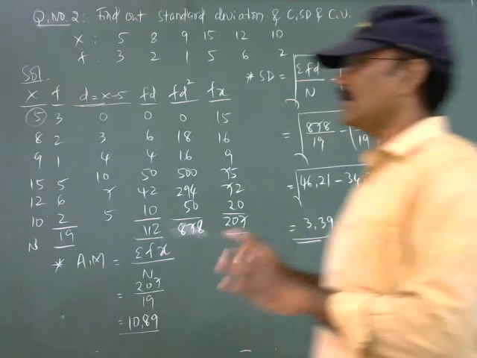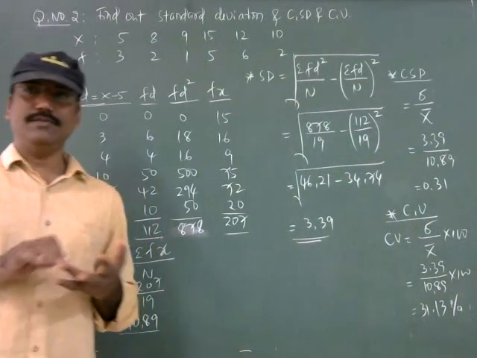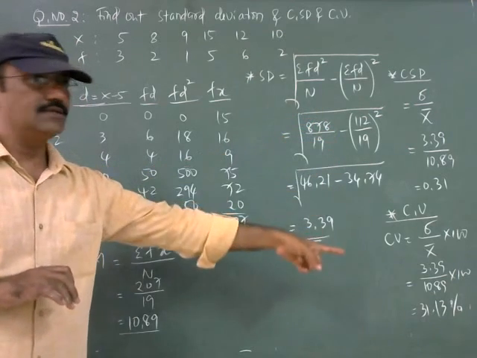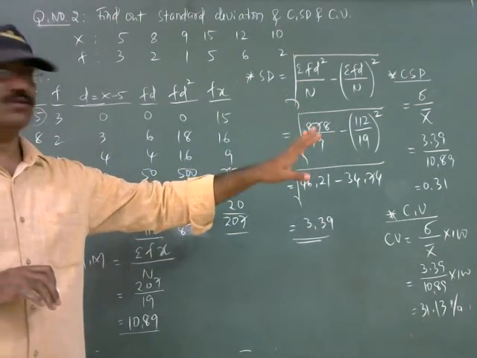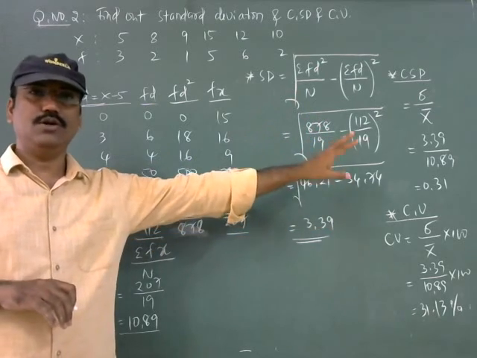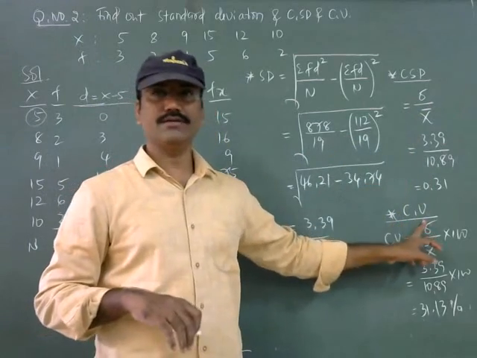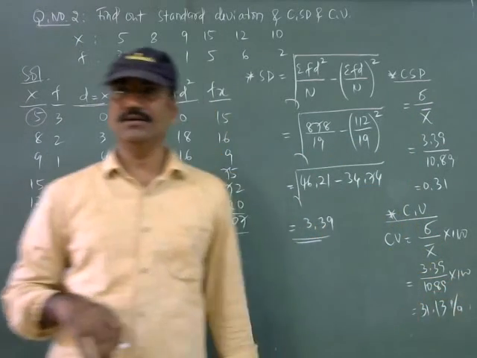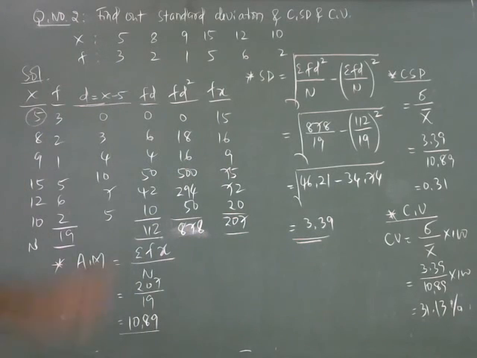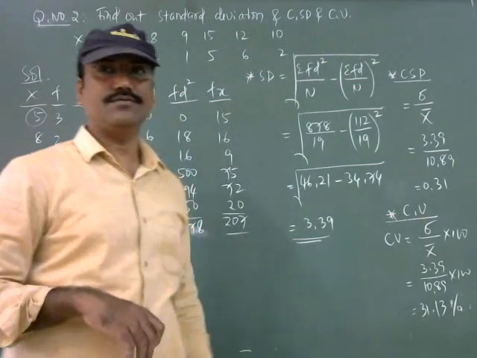So this is all about your answer. Solution of what? Standard deviation, arithmetic mean, coefficient of standard deviation, coefficient of variation. So you read the question, whether they are asking you in exam, coefficient of standard deviation means don't multiply the 100 here. If they are asking coefficient of variation, multiply 100 in the formula. So this was the answer for all your questions. All questions means standard deviation and coefficient of standard deviation and coefficient of variation, right?